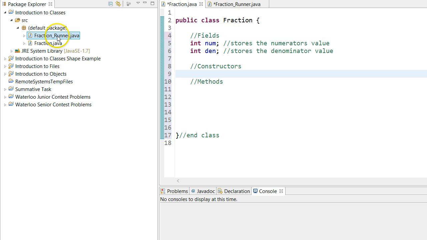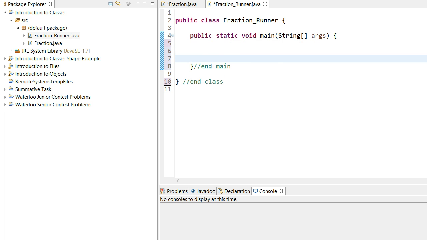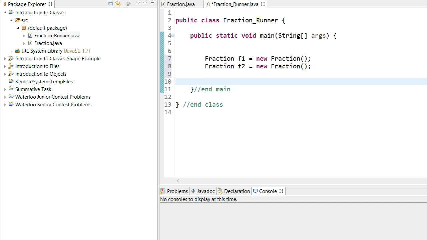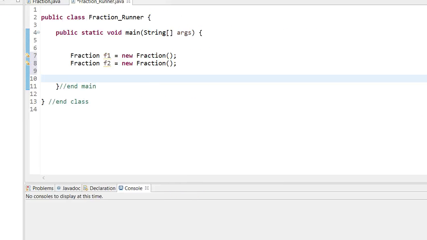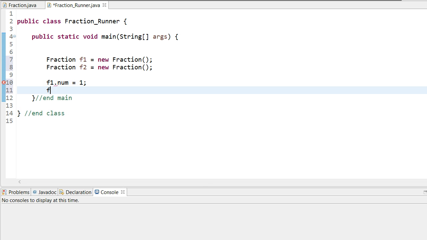So now let's go into fraction runner and let's create a couple fractions. Let's save everything first. So I can now say fraction f1 equals new fraction, fraction f2 equals new fraction. I've now created two fraction objects. And let's move this window over here because we don't need to actually go over there anymore. I've created now two fraction objects, and now I can assign values. f1.numerator equals 1, f1.denominator equals 2,